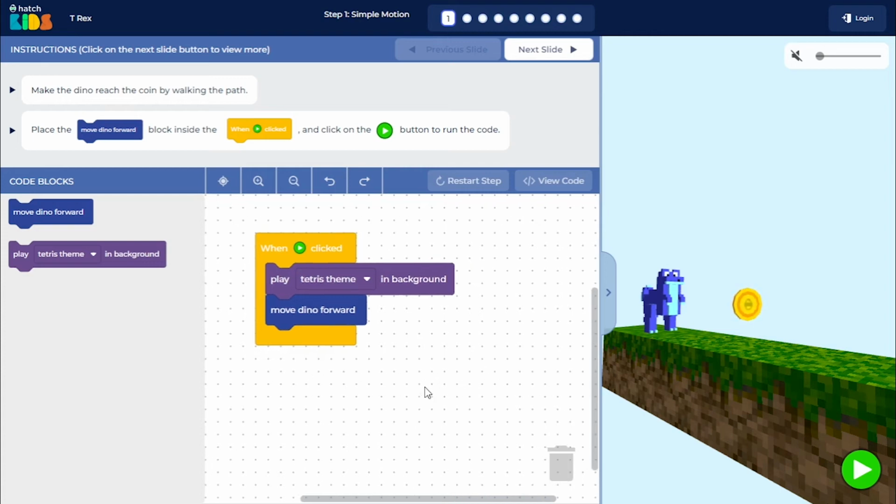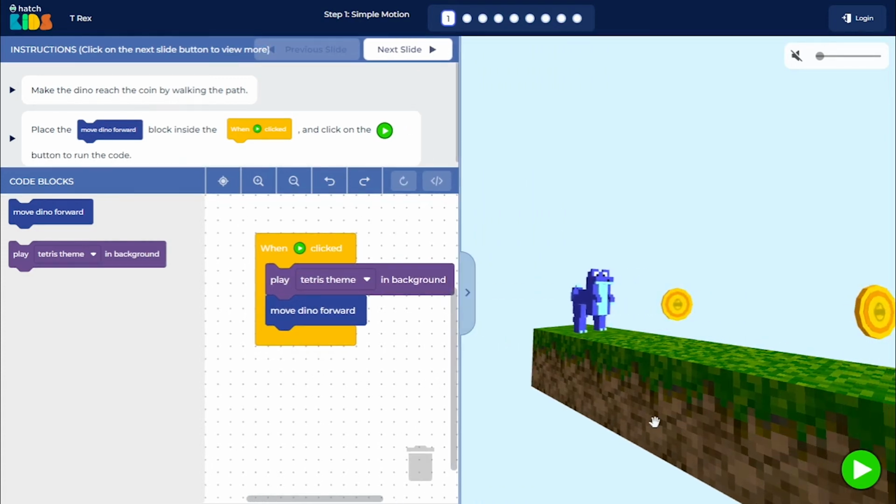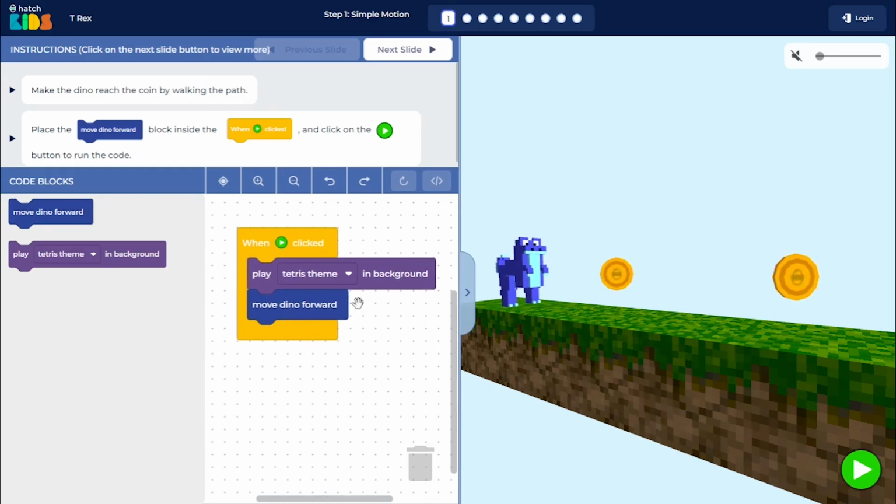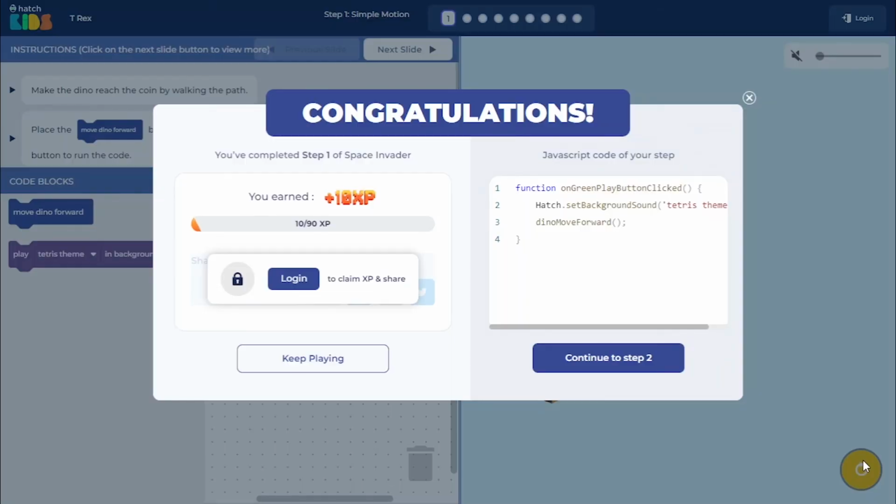So once your code is ready, all you have to do is click on this green play button here, and you will see that as per your code, your dino will move forward and you should also hear some background music playing. Voila,